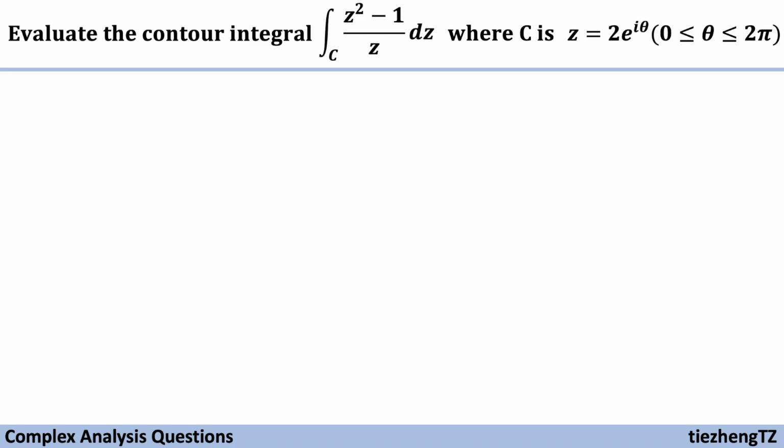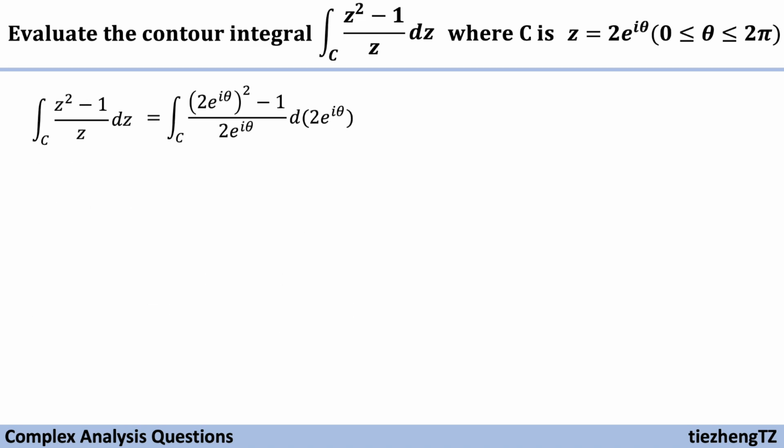So likewise, the first step, we just need to substitute z using 2 times e to the power of i theta. So we have this. And next step, we need to update this dz to d theta because we are given theta is from 0 to 2 pi. So do a little math, and this integral function becomes integral from 0 to 2 pi, which is given,